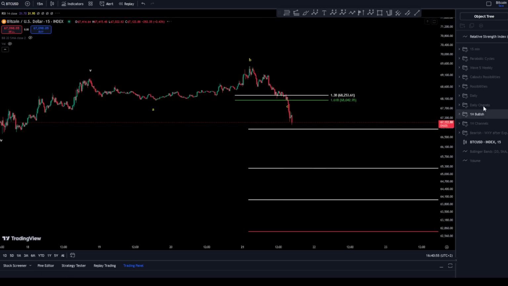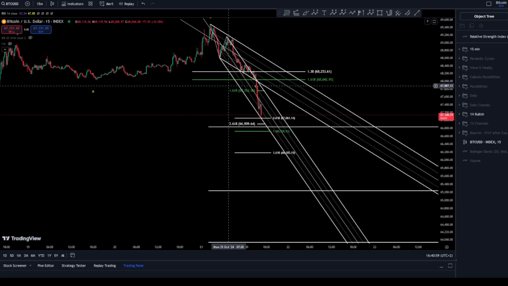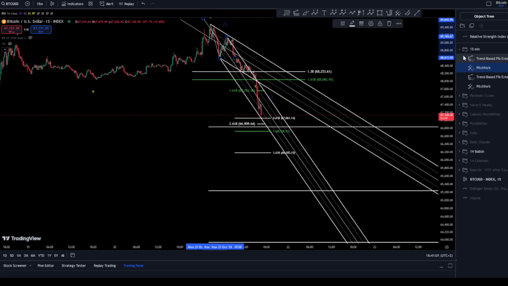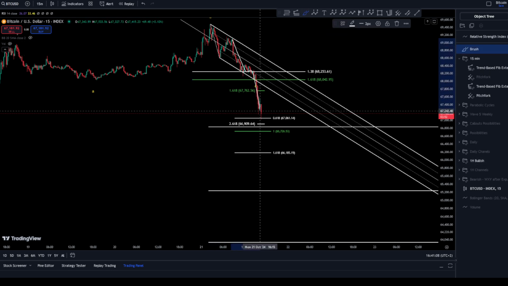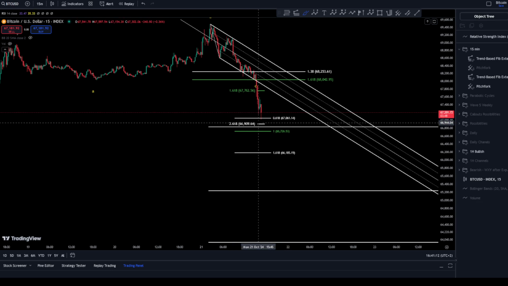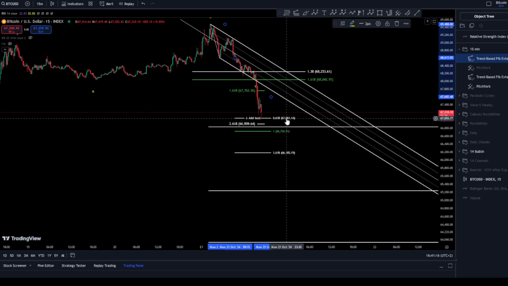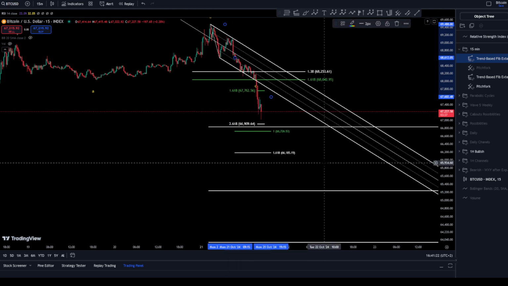On the 15-minute chart, we can see our channeling here with the base channel, where we have broken our wave with our wave 3 towards the downside, hitting already some fibs here, but this fib was made for the wave 5, sorry. This fib was made for the wave 5, even we hit it in a wave 3.